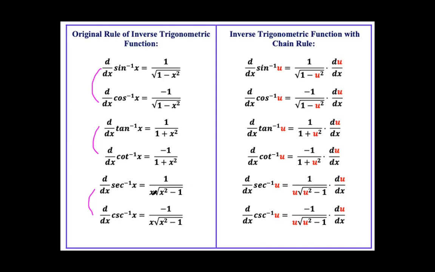And the denominator is x over x times the square root of x squared minus 1. So they're just the same. And look at this, the co-functions are the ones with the negative values on the numerator. Here we go: the cosine, the cotangent, and the cosecant are the negatives, the negative derivatives. This one does not need a chain rule, but again, as